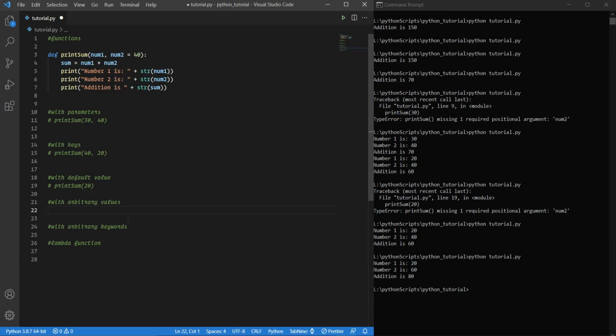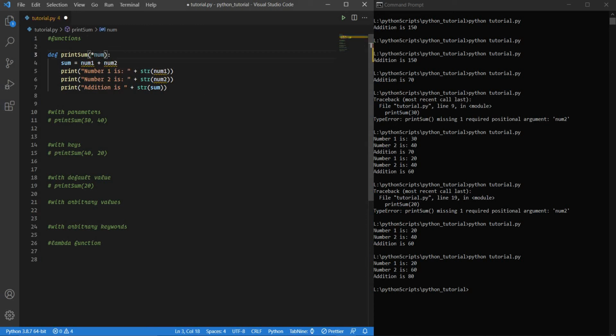So passing them, we don't know how many arguments. We cannot go like number 1, number 2, number 3, number 4, number 5, number 6 and so on, and have a default value for every one. So in this case, what we could do is pass a list of numbers, or we can have arbitrary values. Instead of doing it like this, all we need to do is put one asterisk